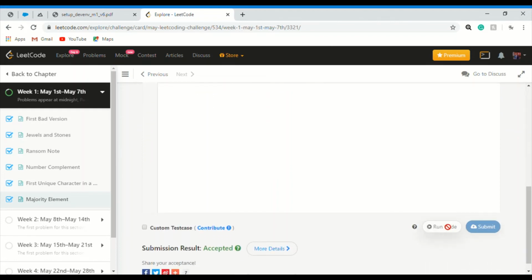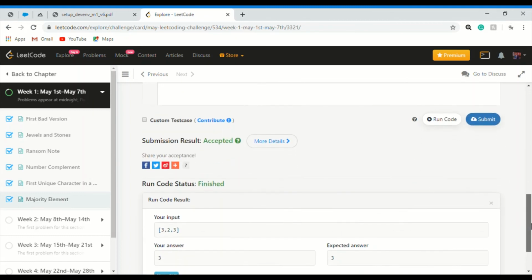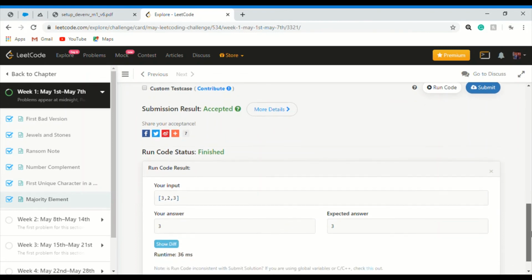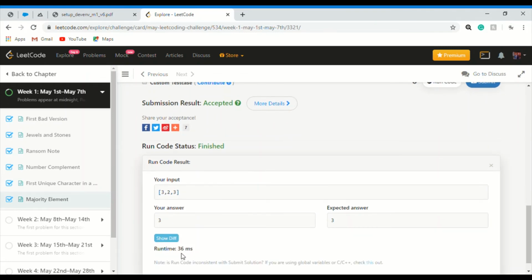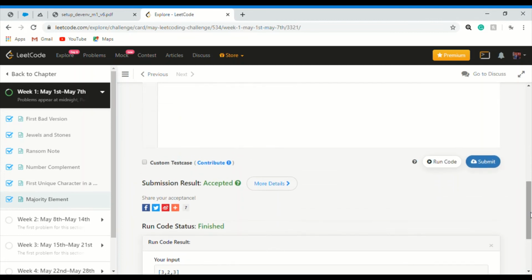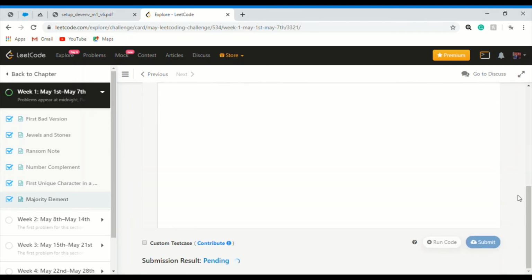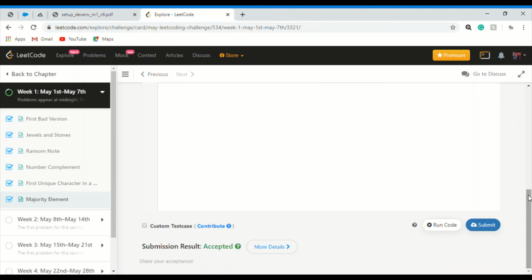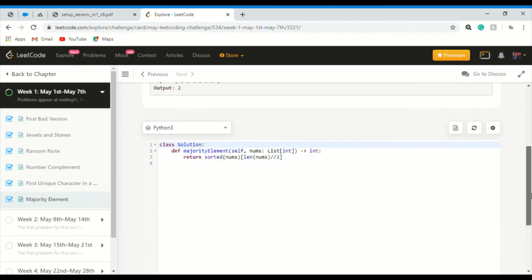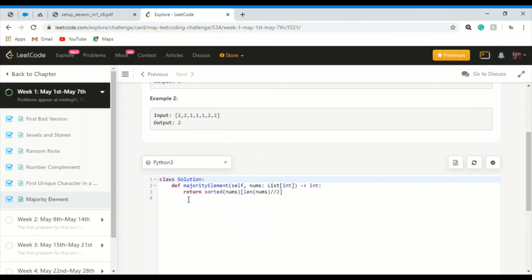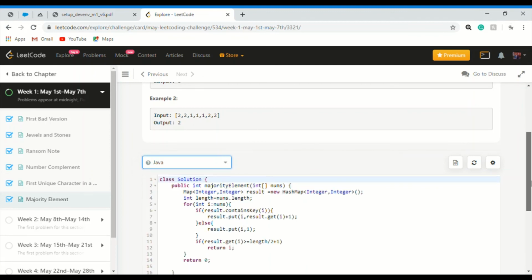Just run this one and see if it works or not. Yeah, see the runtime, 36 milliseconds. It is much higher than the solution I submitted in Java, so it is not optimized. Don't try this. LeetCode's compiler is good, so it will not give a TLE problem. Yeah, accepted. So if you solve in Python, it is better to use the dictionary concept, and if you are comfortable with Java, then use the hash map concept as I have shown in the video.